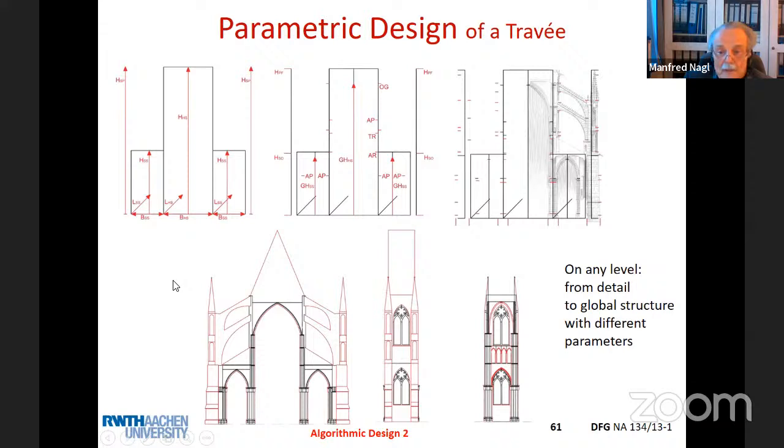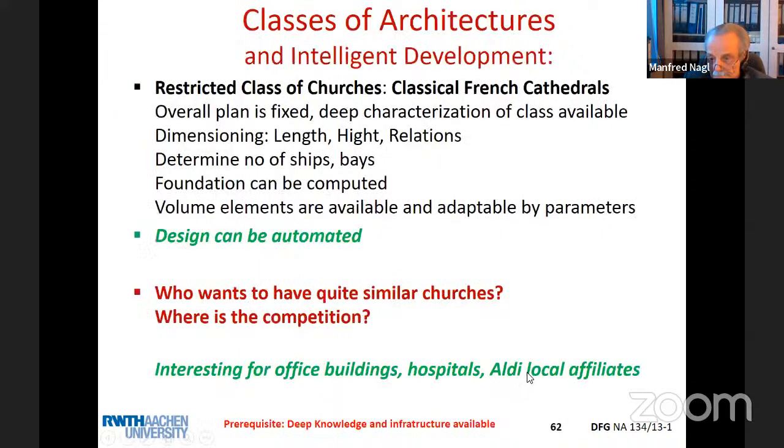Okay, so you see we have different parameters. Geometric parameters for the outside, geometric parameters for the zones, geometric parameters for the beginning and ending of structure elements, the form of these structure elements, and the details. Okay. And then we have the corresponding travée, which is used multiple times in order to form the main house. So this kind of approach is especially interesting